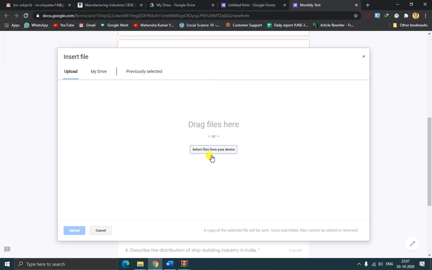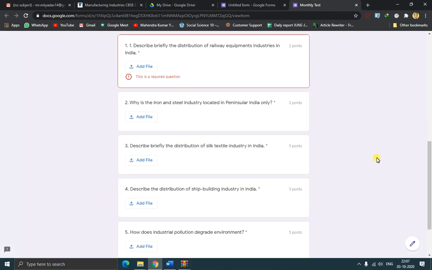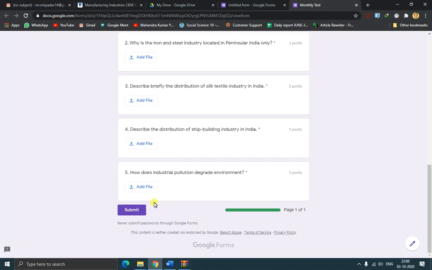If it is mobile, it will directly bring you to the camera option. So this way it will be helpful. Now the student can submit by adding all these files.